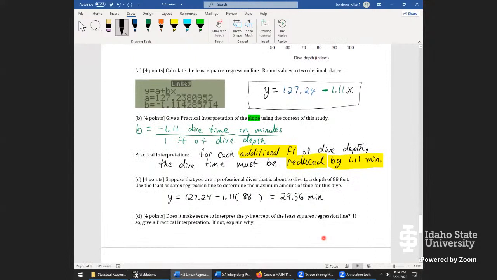We're getting into our interpretation next, and it's asking us, does it make sense to interpret the y-intercept of the least squares regression line? Here's the y-intercept of 127.24. That would be in units of minutes. And how do folks feel about this one? Is a y-intercept sensible? Should we tune our clock to 127.24 minutes? Or is that kind of a nonsense value in this case? Some saying it's a nonsense value,